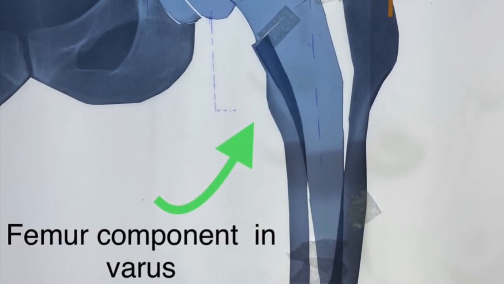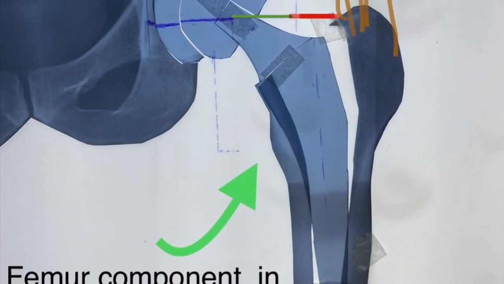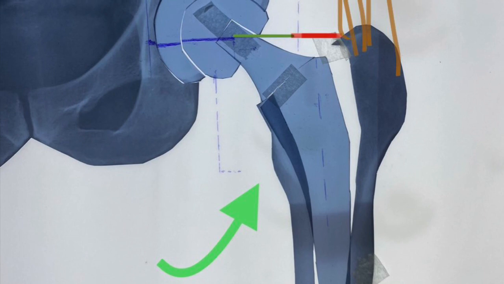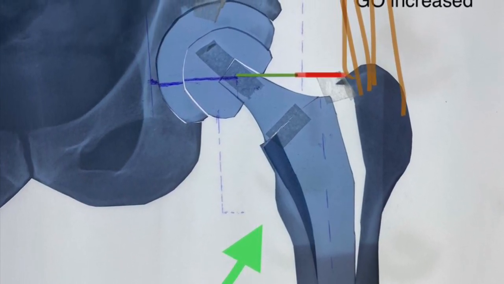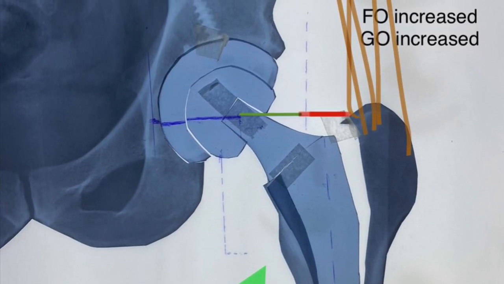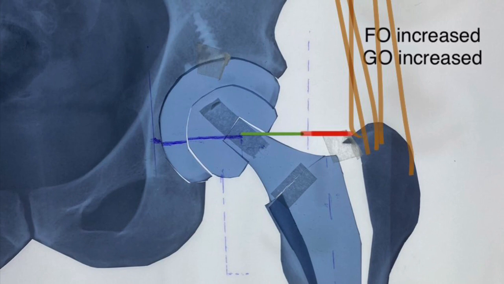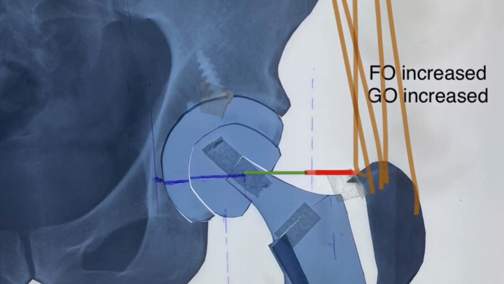If the femoral stem is placed in varus, again after reduction the femoral system is lateralized, which increases the femoral offset and hence the global offset, which solves the purpose many a times, but this is something which should not be practiced. We should not by purpose place our stem in varus, because there are consequences to it.